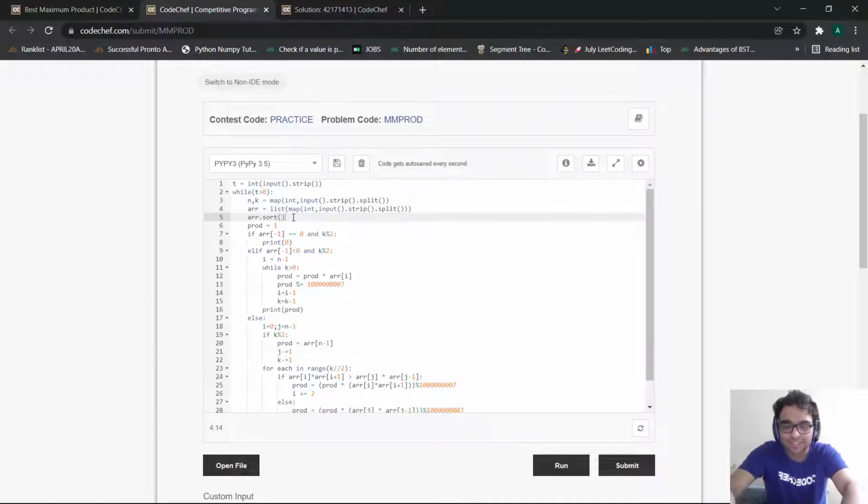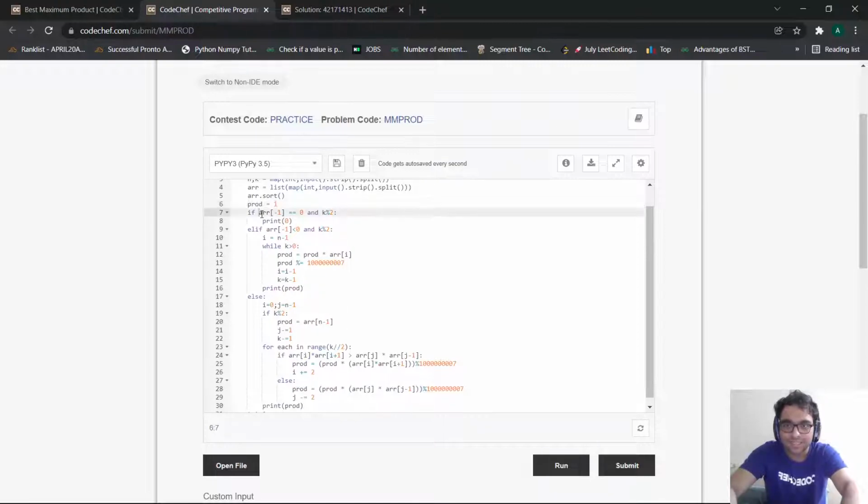Then, as discussed in the approach section, firstly we sort our array, right? After sorting the array, I initialize my product as 1 because multiplication with 1 itself won't affect any number. Then, as I discussed, there's one case: if my last number was 0 and my k was odd, and we discussed in the approach section that we have to print 0 in this particular case, because if